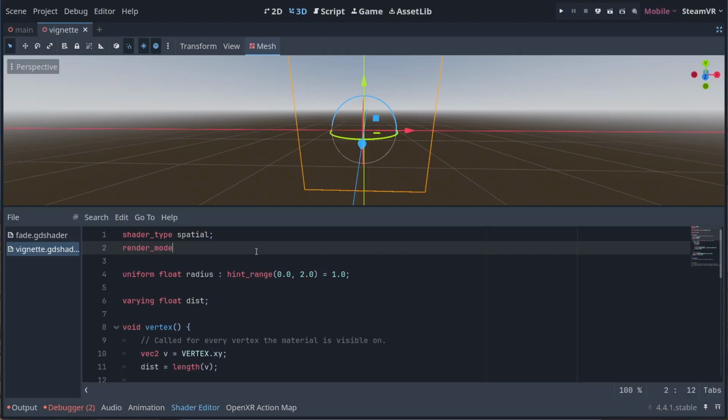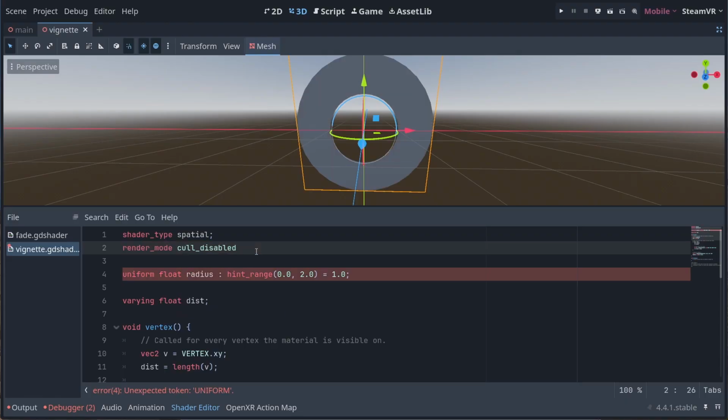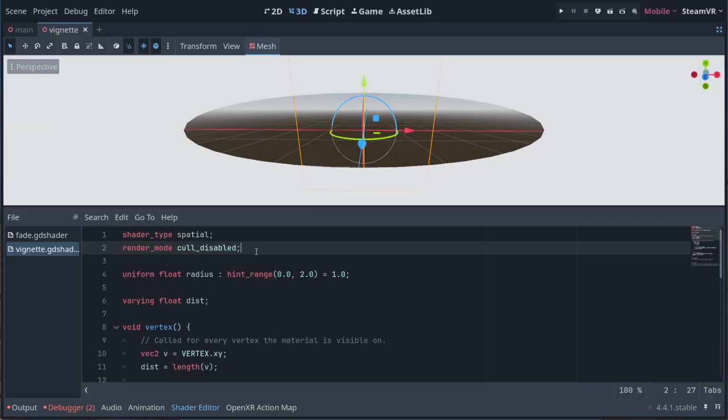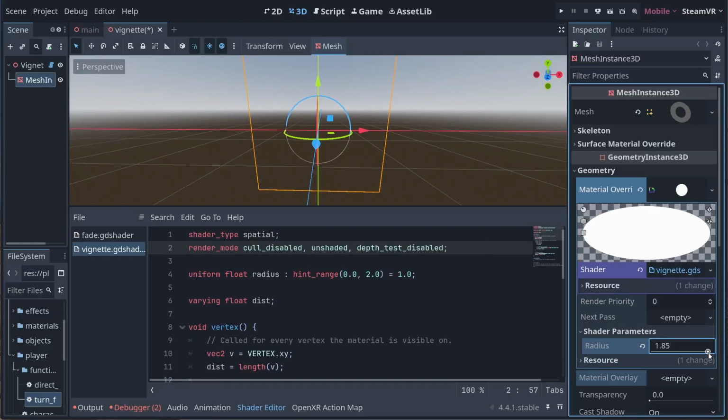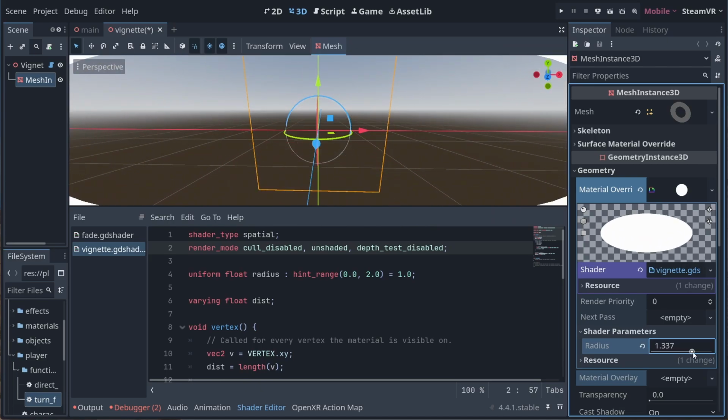Our output disappears due to culling, so let's set our render mode and disable culling. We can now see that our vignette becomes full screen. We also want to set unshaded, and we want to ignore our depth test. Now when we test, we can see our vignette working properly.